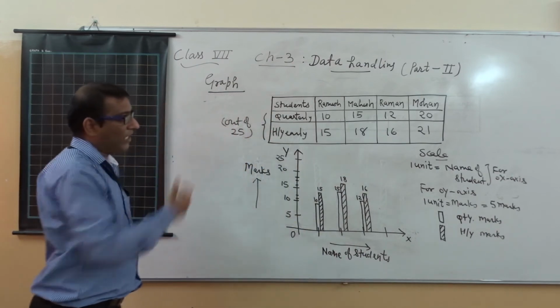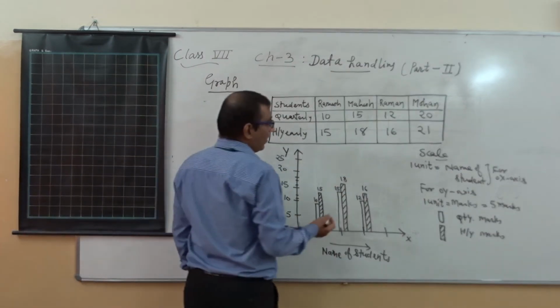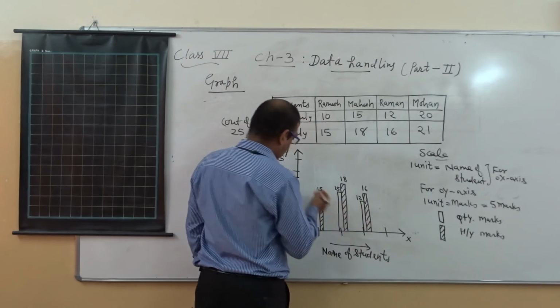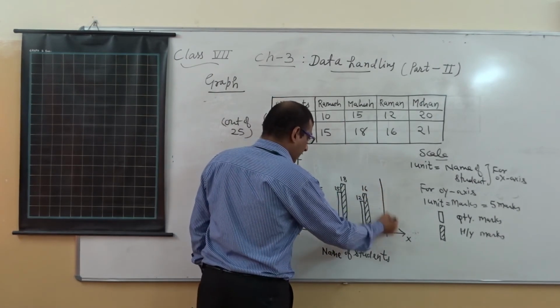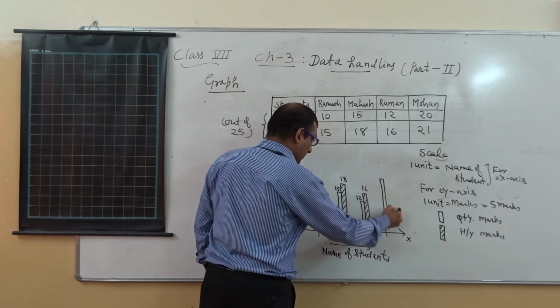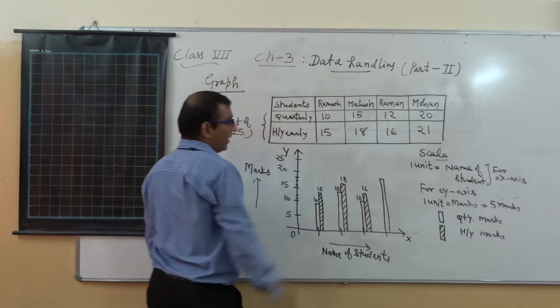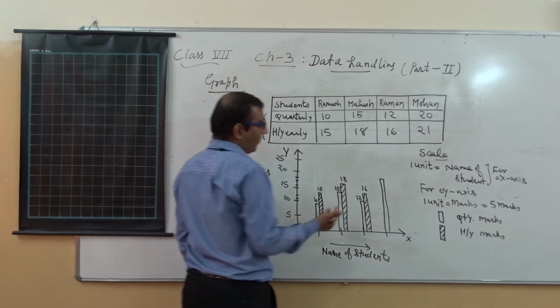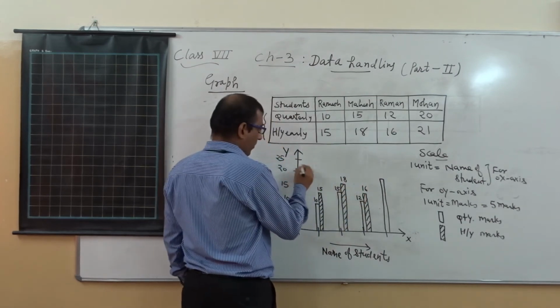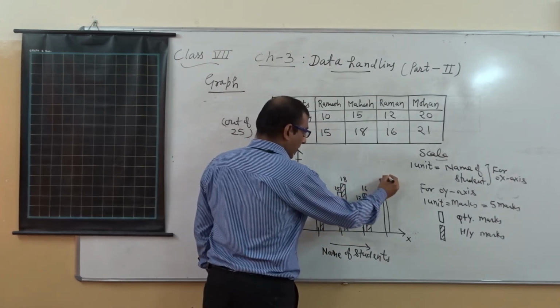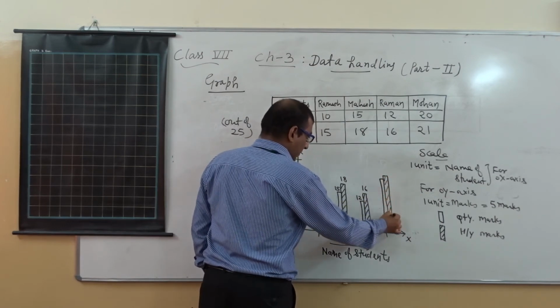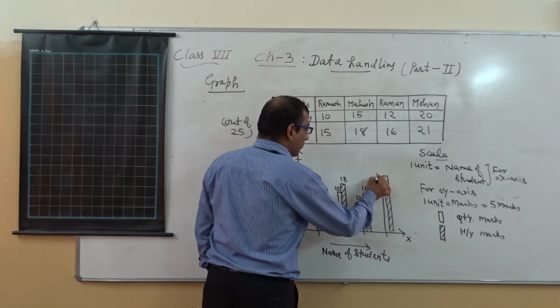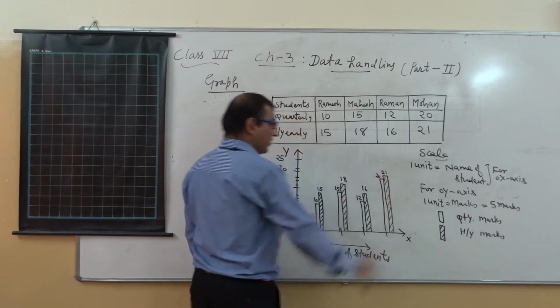Now we will come to the last one. He is Mohan. 20 and 21. So 20 means here we will make the building related with the quarterly marks. It is a totally blank building. Then we will come to half-yearly, 21. So this is our 21. It looks like this, and then we will shade it. And we will write here 20 and 21.